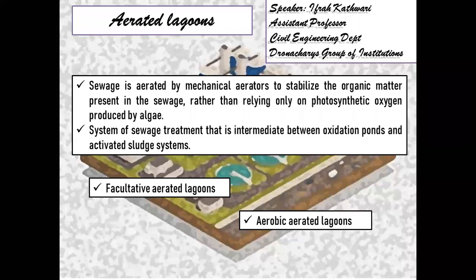No settlement takes place. We need a continuous supply. There is no settlement of solids. So there is a sort of equilibrium, because the number of solids entering the aerated lagoons is equal to the number of solids exiting the lagoon with the effluents. So it is a sort of equilibrium, and this can be done when there is a continuous supply of power.